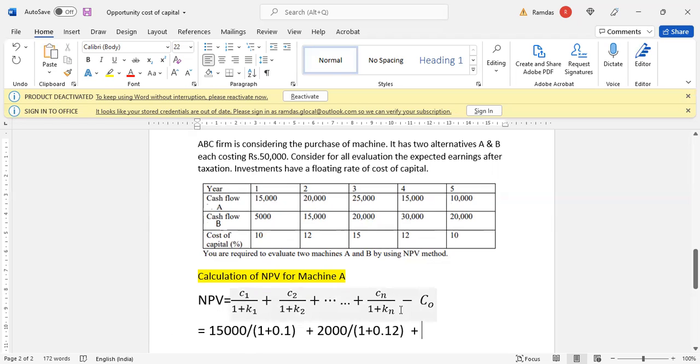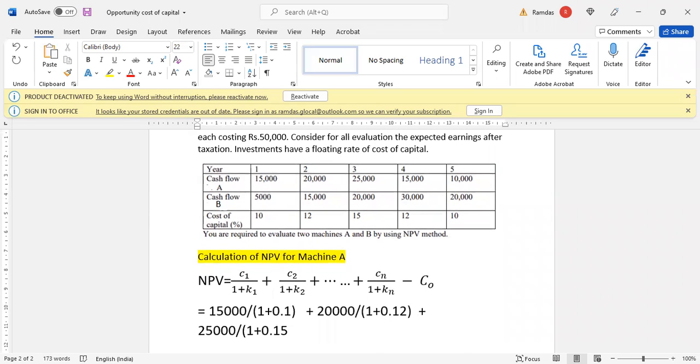That's it. So for the third year, our cash inflows are how much? It is 25,000, divided by 1 plus, 1 is constant, the cost of capital is 15%. So 15% is rewritten as 0.15. Yes, we have fourth year cash inflows also, 15,000